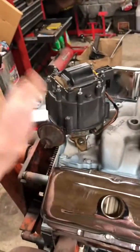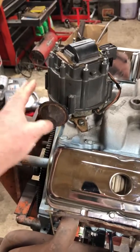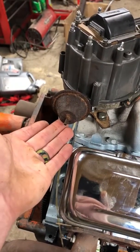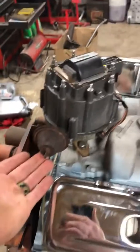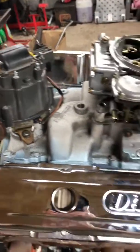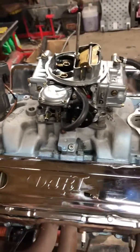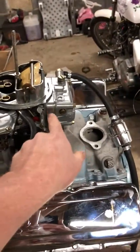You know, he supplied this distributor. I tore it apart at work and cleaned it. As you can see, the diaphragm for the vacuum advance is kind of shitty, and I'm pretty sure it's locked up inside. I told him that it was probably junk, but it should at least still start it. But I'll have to plug that off. I mean, it might be,